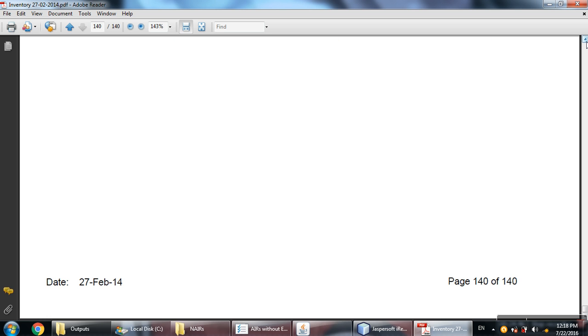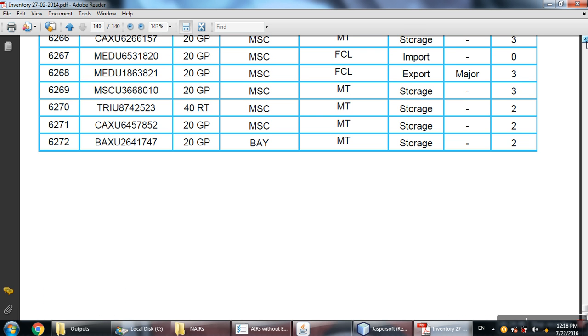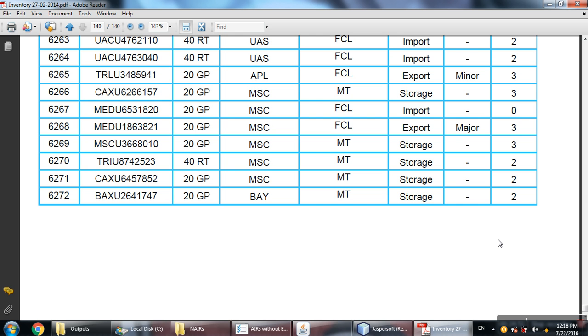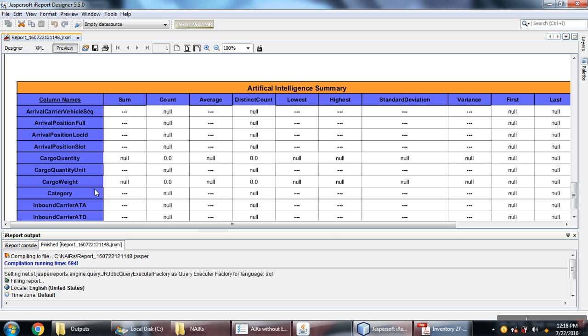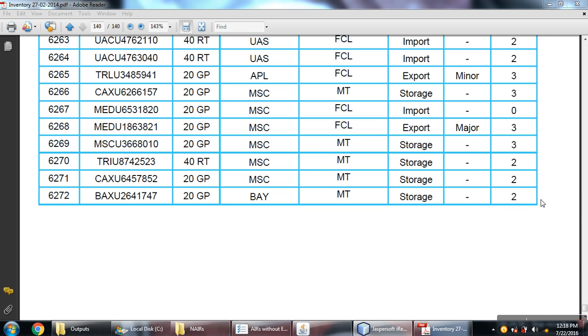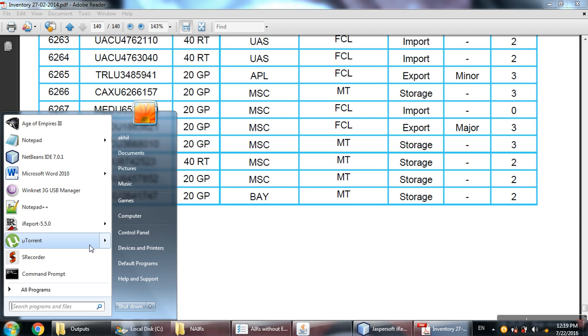In this report, there is no such artificial intelligence summary. Suppose the artificial intelligence summary is available, then the dwell days come here automatically, and it shows all aggregate functions. Here, if you use an Excel sheet, every time the user has to select this entire column. Suppose